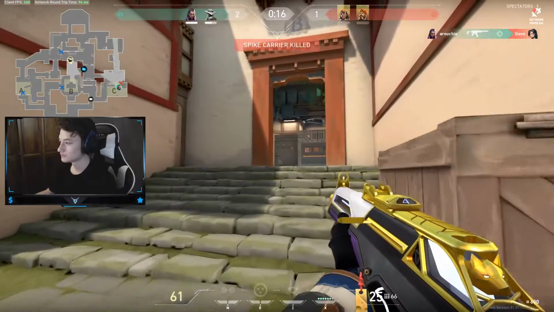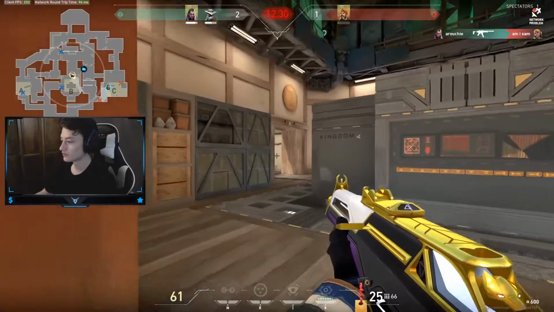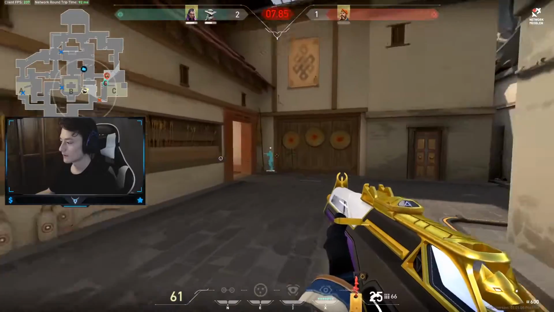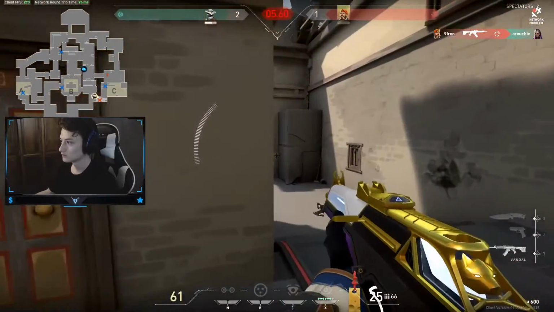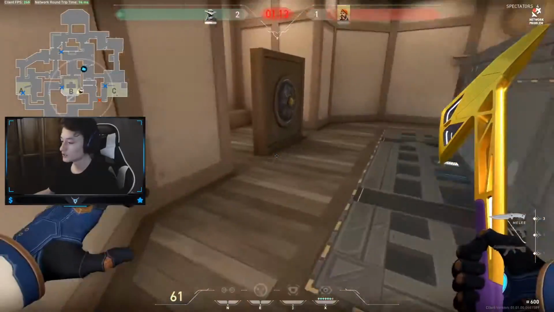One CT. Call it to our team. Bomb's down with me. One enemy remaining. Perfect, now I can run. They only have 10 seconds left. Garage. Last player standing, see if he starts planting. He doesn't. Okay, so he didn't start planting in time, so I can just run away and I win the